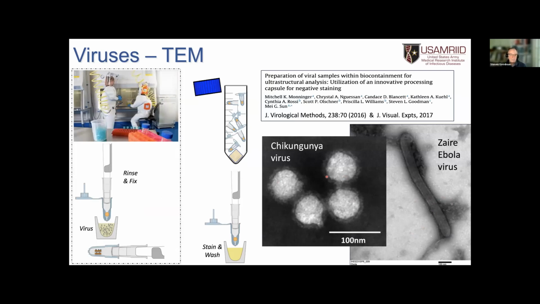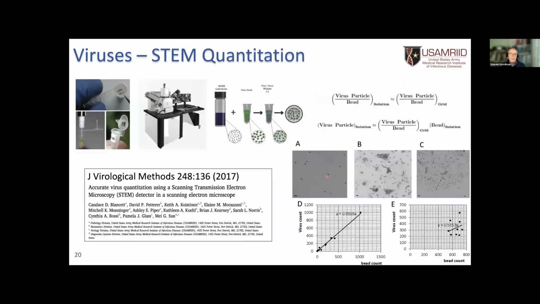So this solved a problem for them by being able to handle this and process these highly pathogenic specimens in a very reliable way. And in fact, the sample method was reliable enough and consistent enough that Candace Blanchett from this particular group was able to use this for